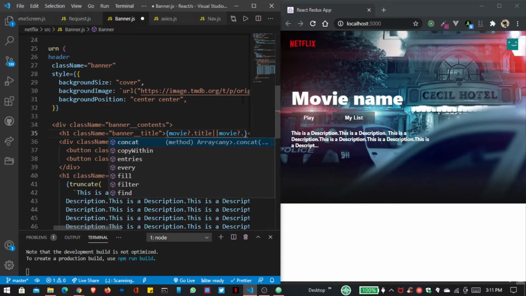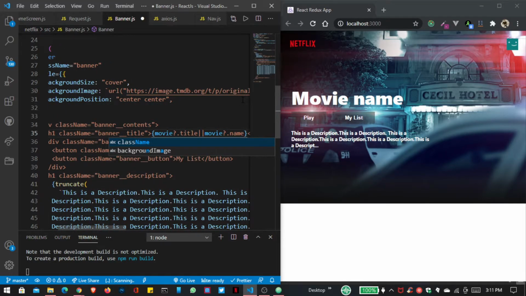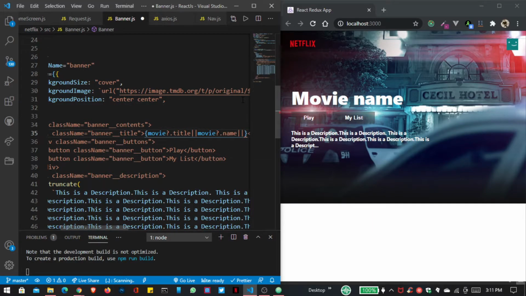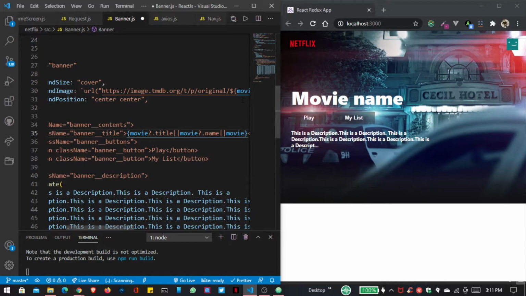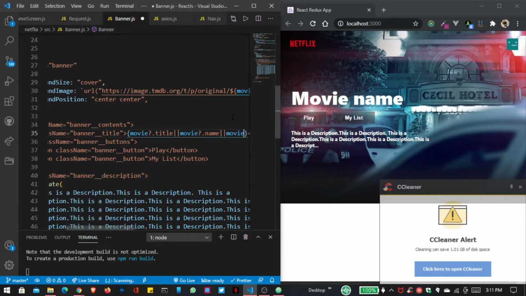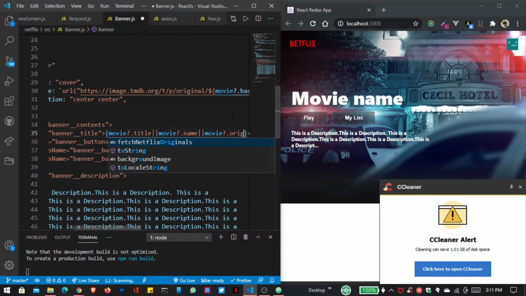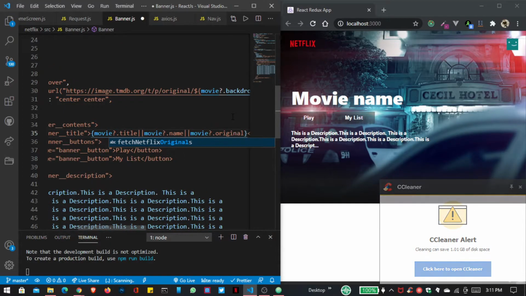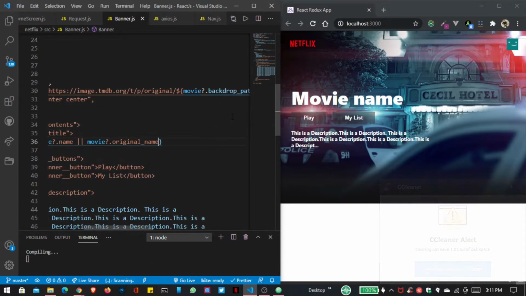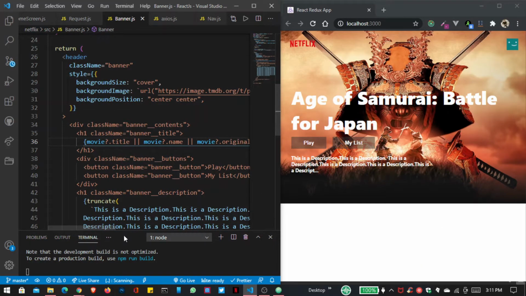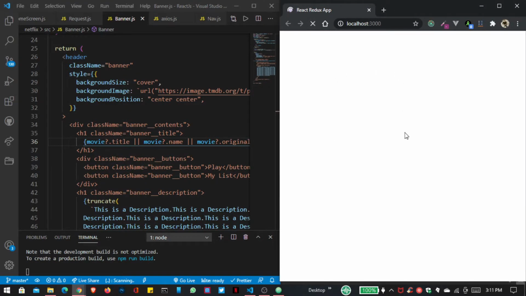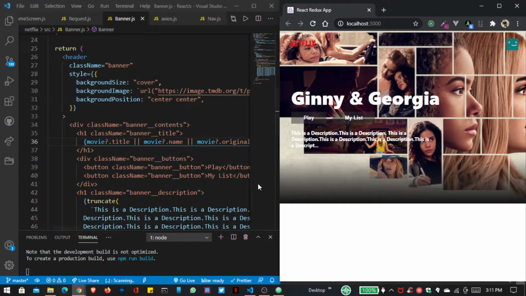So this is the TMDB stuff that we display inside our app, and movie, so this is the basically or, and movie original underscore name. So you can see we can actually get the name of our movie, yes, and after this